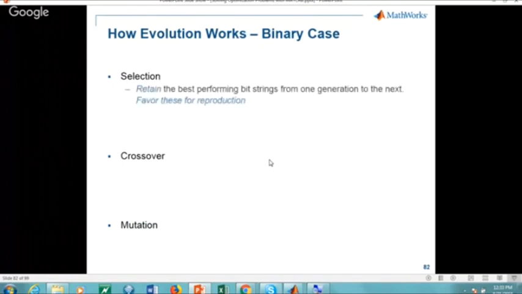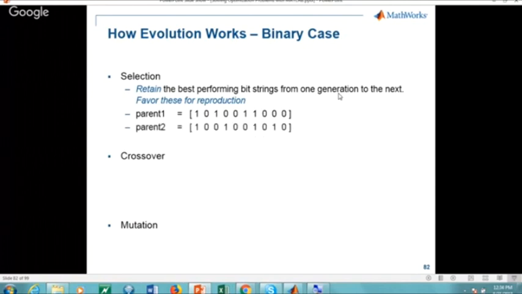How it evolves is basically, if you take a binary case, let's say selection: retain the best performing bit strings from one generation to the next. Okay, favor these for reproduction. For example, this is a parent bit. Okay, this is parent two. The crossover will be something like that. Okay, so if you do this,